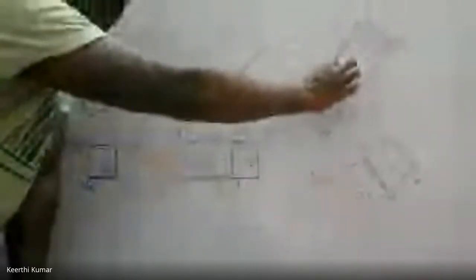Then A to A1, B to B1, C to C1 must be connected. To check that, no need to see this figure. You forget about this. Here only A to A1 I am supposed to connect. In this, A is outermost. Leave that. A1 is innermost point. From this point, already two edges we got as visible. That line also should be visible. Then C to C1 was not connected. C1 was outermost. Leave this. No need to worry. You concentrate on C. From this point C, because the point C is innermost, two lines are hidden lines and the remaining line must be hidden. So that is the procedure to draw the problems in solids.